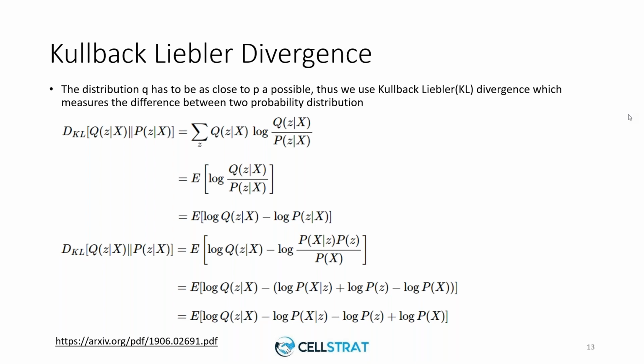P Z of X over here is the latent hidden variable for Z, whereas Q Z of X over here is a new distribution, and Z could be a Gaussian distribution. But P Z that we see over here is not a Gaussian distribution. This is the hidden variable for our X, which is our observed variable. Now, one thing I might have missed before, how does P become Q?